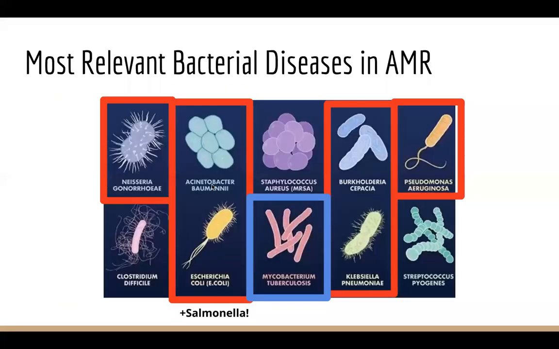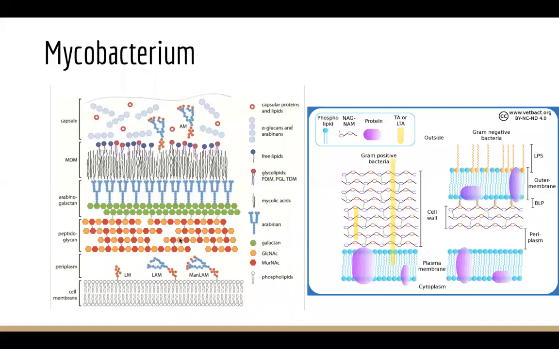And then in addition to that, we have the mycobacterium. So we have gram-negative, gram-positive, and in addition, we have the mycobacterium, which is a bit different altogether, and is even more powerful in some cases. These bacteria have not just the outer membrane, inner membrane, and peptidoglycan, but instead they have these extra sugars and arabinogalactans, and also extra lipids that protect the bacteria to an even greater extent, and it's